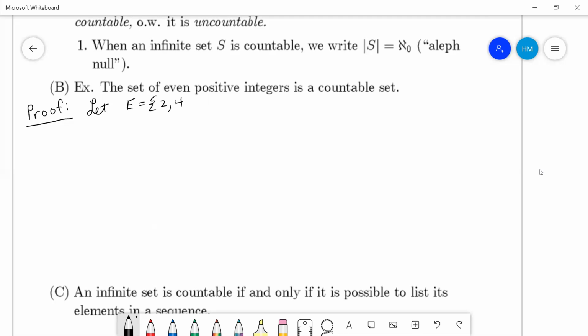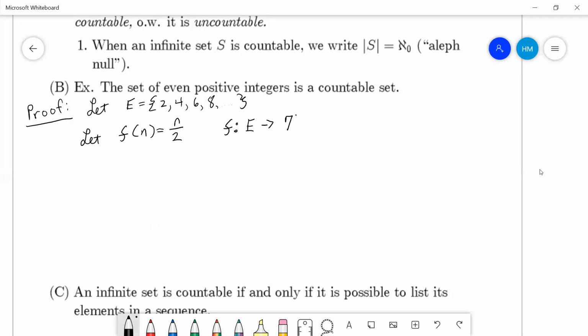So 2, 4, 6, 8, and so on. And we're going to define a function. We're going to let the function f of n just be equal to n over 2. So this function f will go from our set of evens